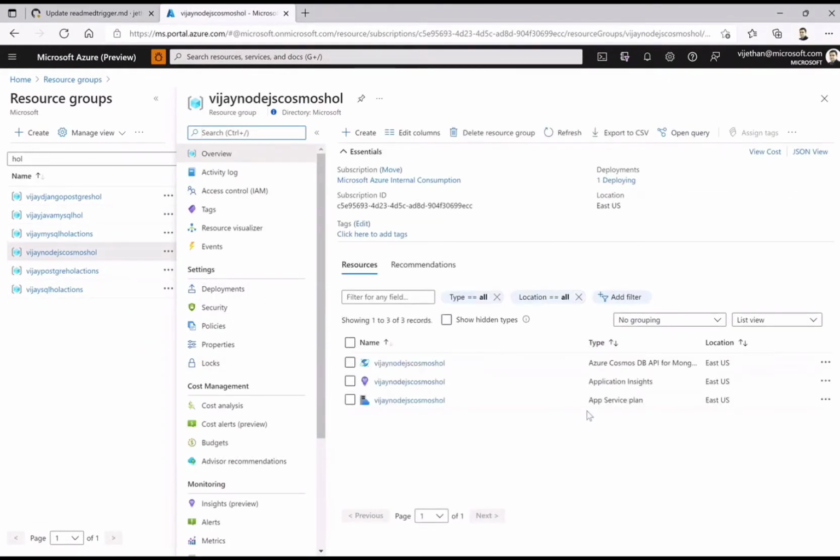Now the way it moves, from an ARM template per se, it goes on deploying the resources one by one based on whatever we have as a configuration in that ARM template.